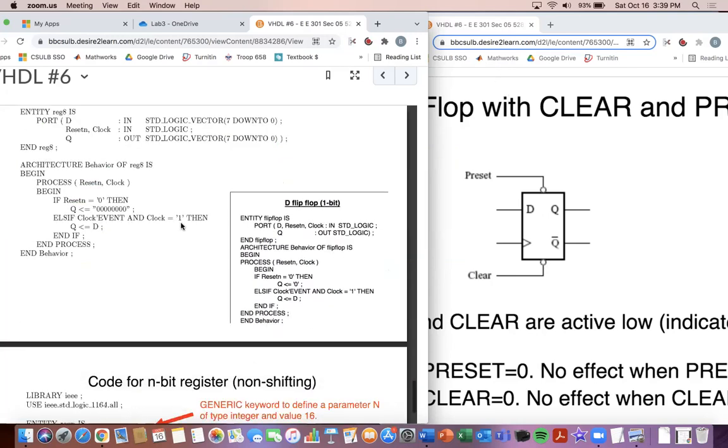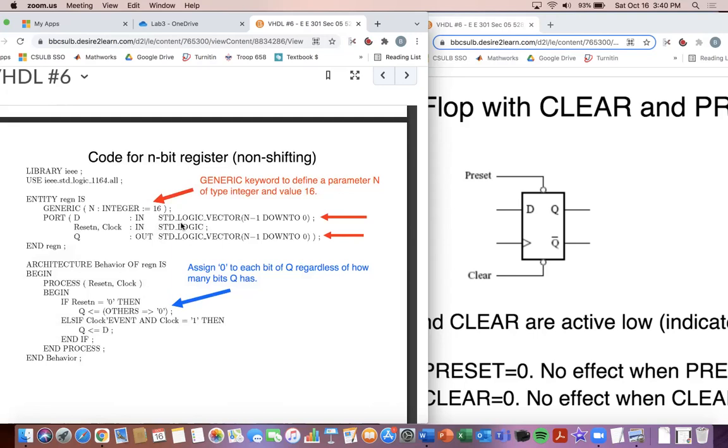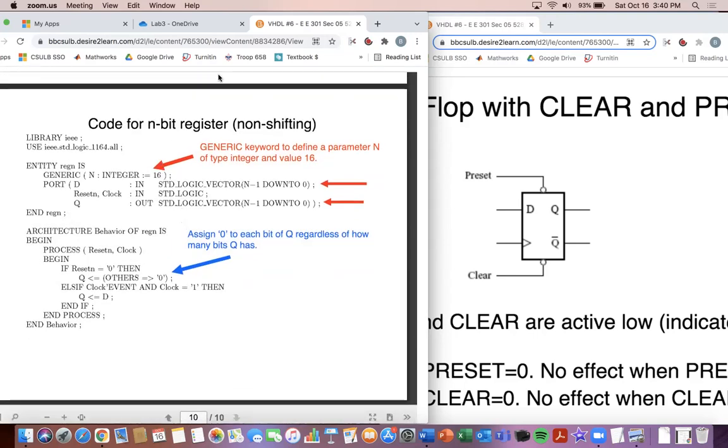Now that we've talked about the non-shifting register, if you want to use a generic variable in the entity, you give the name of your integer, and to get as many bits as you want for an n-bit register, you just use n-1 down to 0. You also have to assign all the others to 0 for reset. It doesn't matter how many bits, it's just going to assign 0 to all of them. And then when it's positive edge triggered,